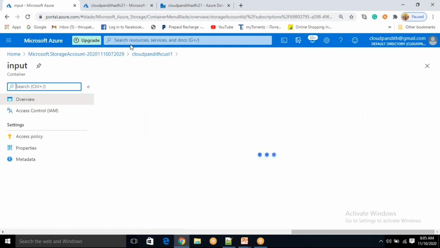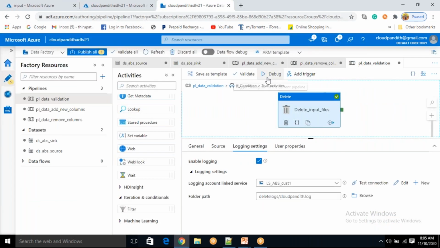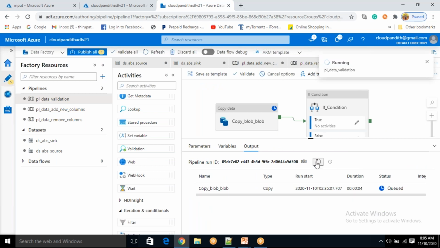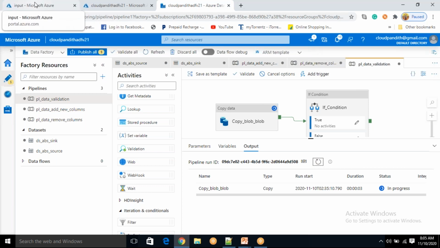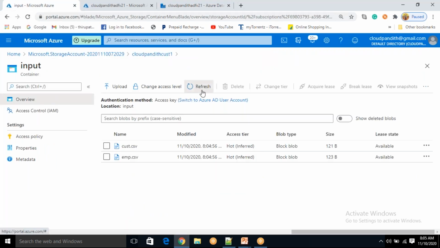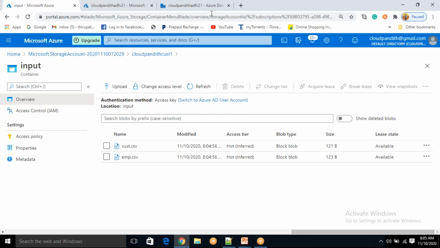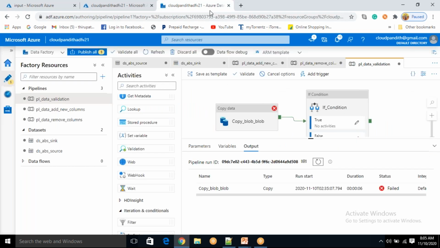Okay, we have two files here. Let's run the pipeline again. Click debug. Now come here, refresh this. This will vanish very soon. Oh, the copy activity failed.